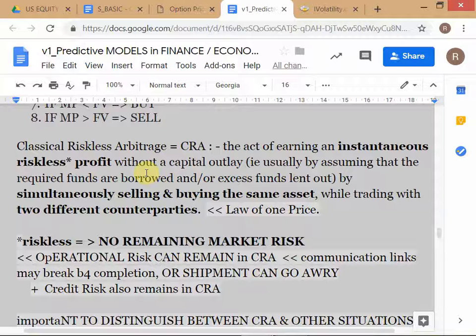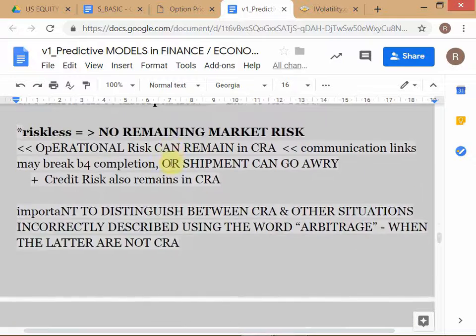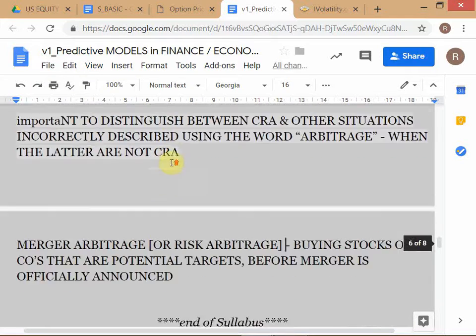Classic CRA is clear. You understood what is meant by CRA. CRA is very important to understand because you need to be aware of this important type of transaction, because it can be used as a valuation principle. This logic, the creation of a synthetic equivalent and the cost of creating that. So CRA is very important to understand, and also merger arbitrage is a transaction that you should understand, what these people do in merger arb departments.